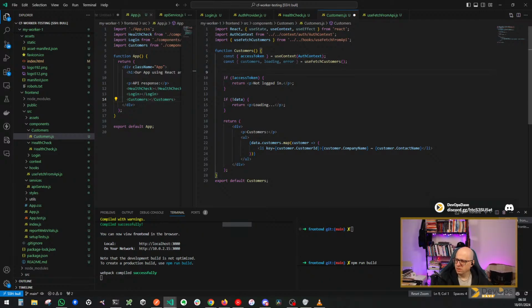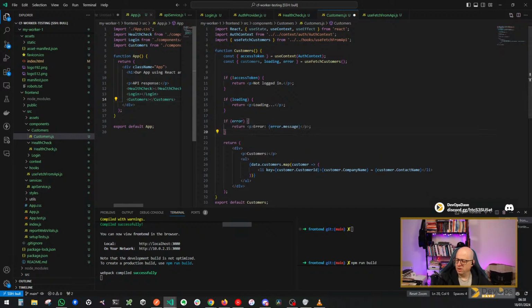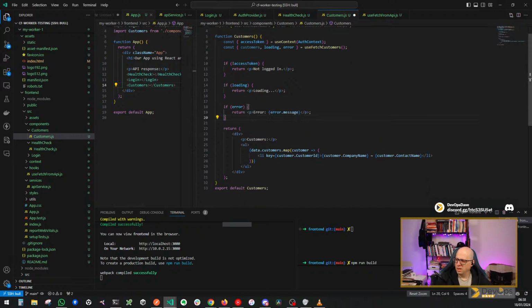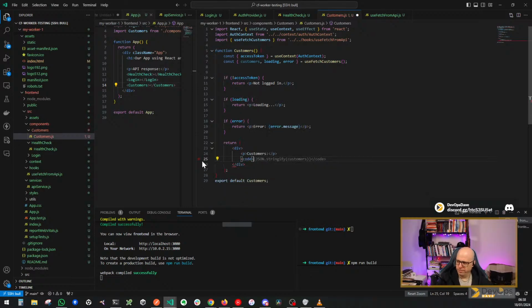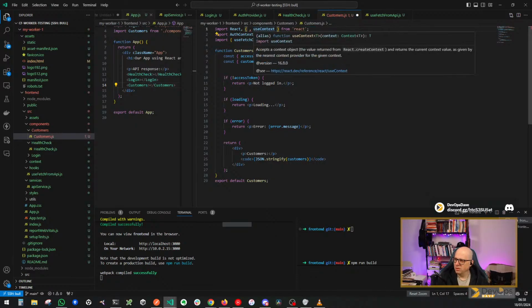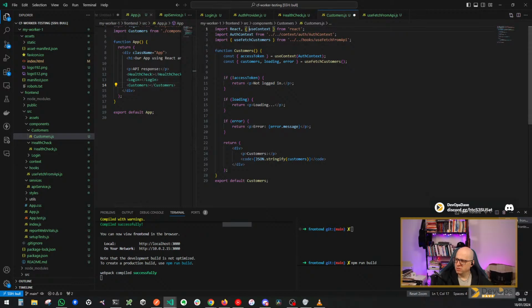If no access token, logged in, if loading, if error, and then let's just do this for now. Customers, and we don't need useEffect or useState, but we still need useContext